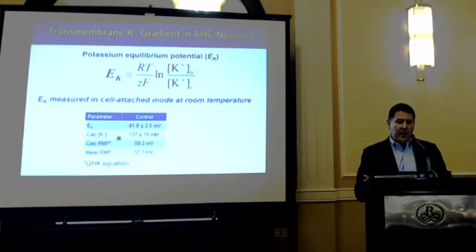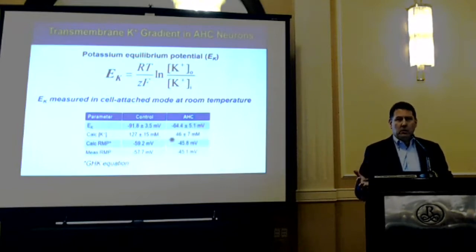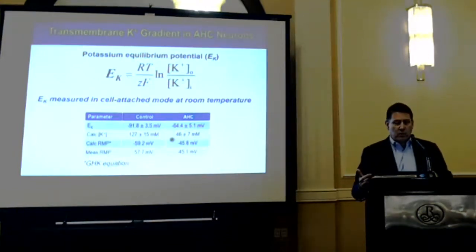Normally we think that's pretty high, 130 to 140 millimolar. In our experiments with the normal healthy neurons, we got a value of 127, pretty much what we would expect. In the AHC neurons, 46, profoundly low. And again, this is now a little bit of indirect evidence that the pump isn't working as well